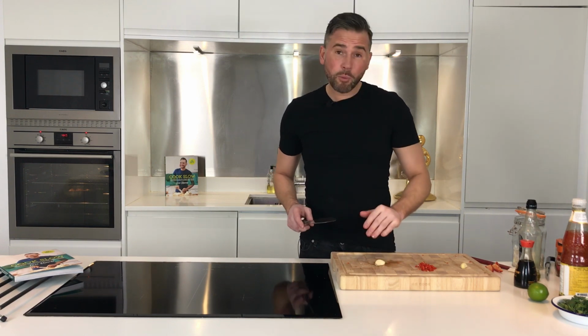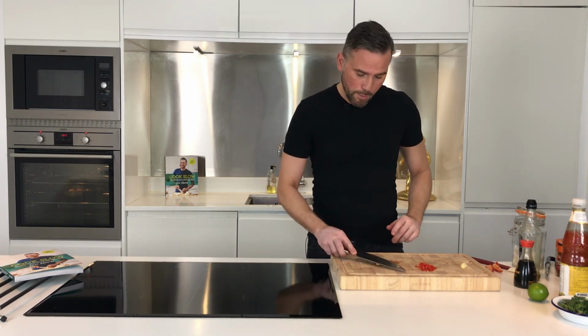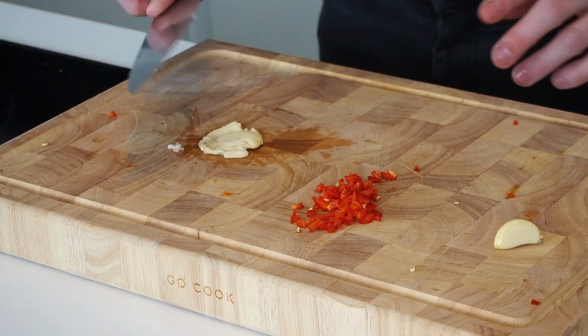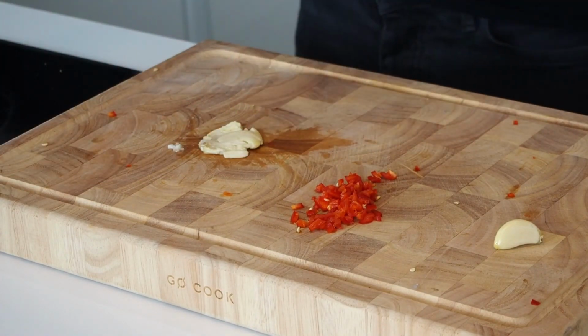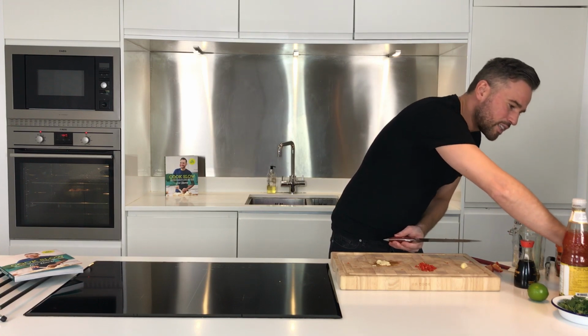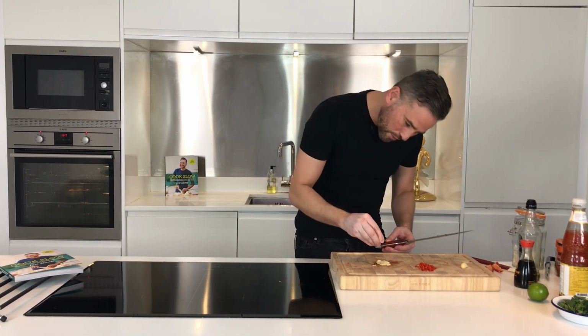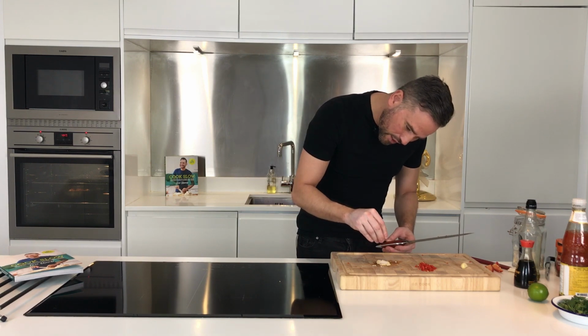So what I'm going to do is take one of these garlic cloves, pop it onto my board, then use the flat part of the knife, just give it a little bit of a whack. Okay, lovely crushed garlic. Then, just take a good pinch of coarse sea salt and sprinkle that over the top